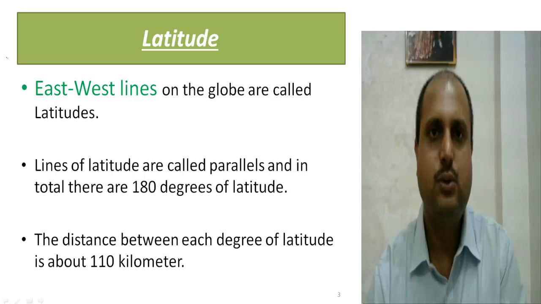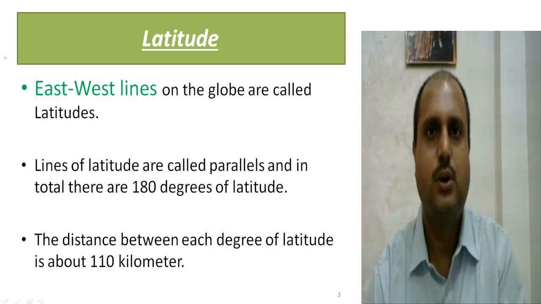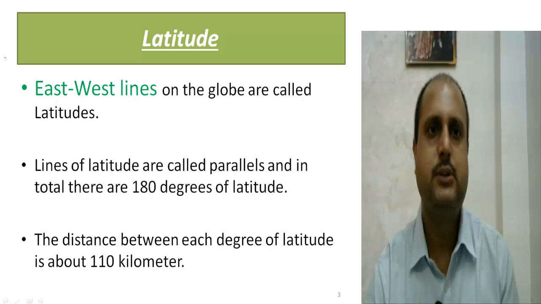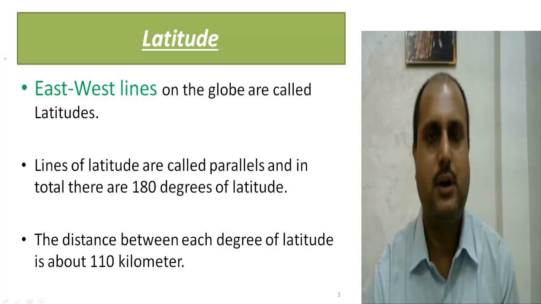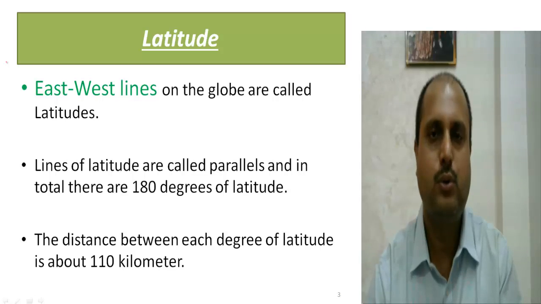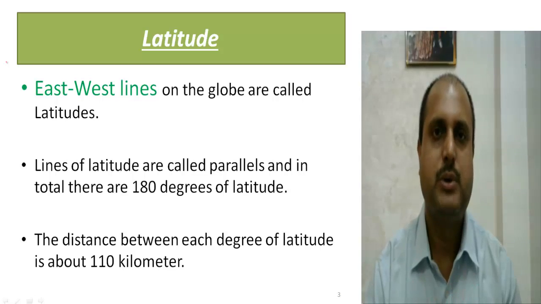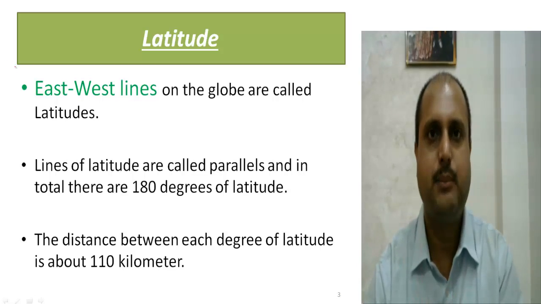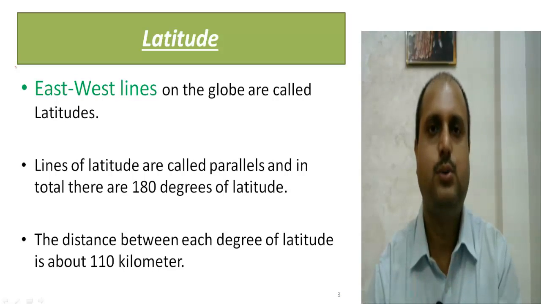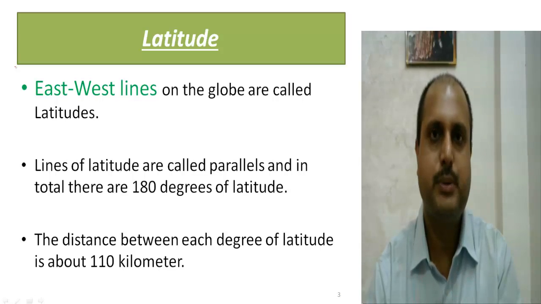Latitude and longitude are imaginary lines on the globe. Actually, the globe is a 3D model to represent our Earth. You can also see the Earth on a chart, and the chart is very portable to carry, while the 3D model of the globe is very difficult to carry. So these are the two differences. The map is two-dimensional to represent our Earth, and the globe is three-dimensional. Latitude and longitude are imaginary lines to represent location